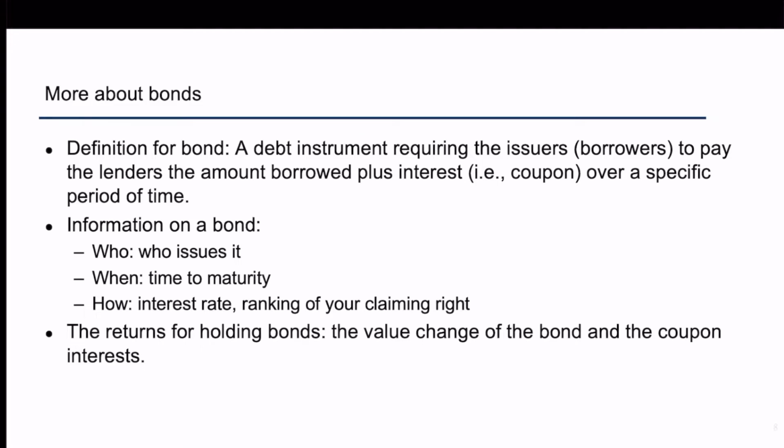There is something that I want to say here. It's about the ranking of your claiming right. When issuing bonds, they will give you a priority for your debt type. So you can think about it this way: if a company has a value of $1,000, the company can issue bonds of $200, which are called priority bonds, and then another $300, which are the regular bonds, and then the remaining